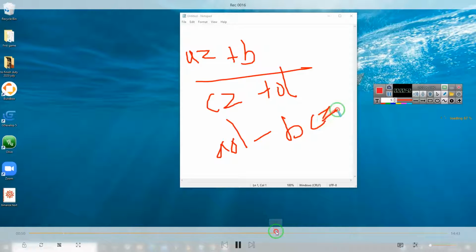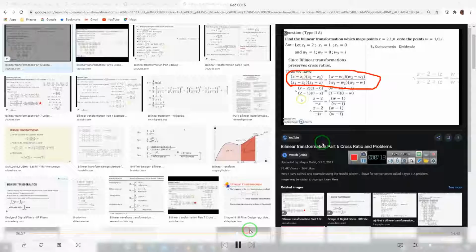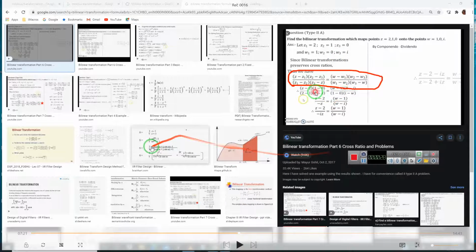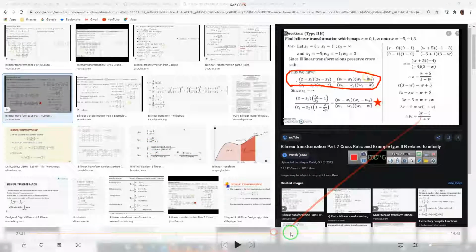So this video is called Mobius transformation. And so far in this transformation, you have a sum like this. This is the formula (z minus z1)(z2 minus z3) over (w minus w1) for the Mobius transformation. Many of them have been asking me how to imagine this, so I have made this video.